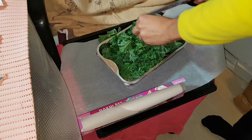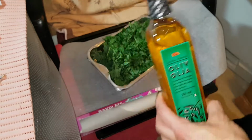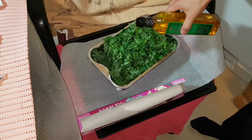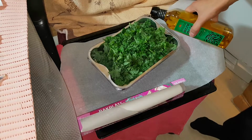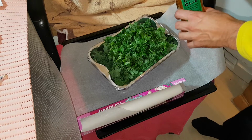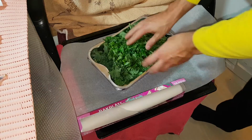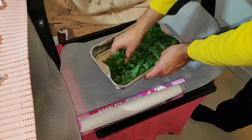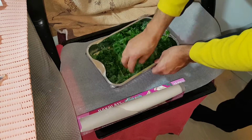So, of course, you wash the kale thoroughly before, and you can even dry it before you start. And then here I put on some olive oil, drizzle it over the kale, and then I'm gonna soak them into the oil. I'm gonna push them down here soon. Speeding it up here, and then I'm gonna put them out on the